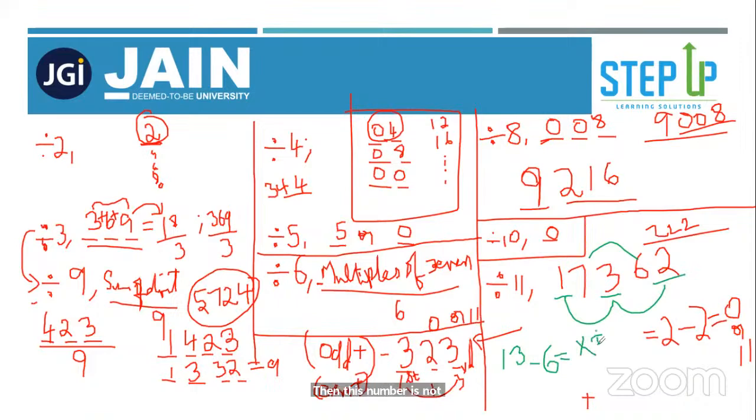Okay, now let's make this number divisible by 11. By adding what can I make this number divisible by 11? 5. Okay, if you add 5, what happens? 6 plus 5 is 11. Yes, sir. I think you have to add 7. Let's say this number is not 2 anymore. This is 9.